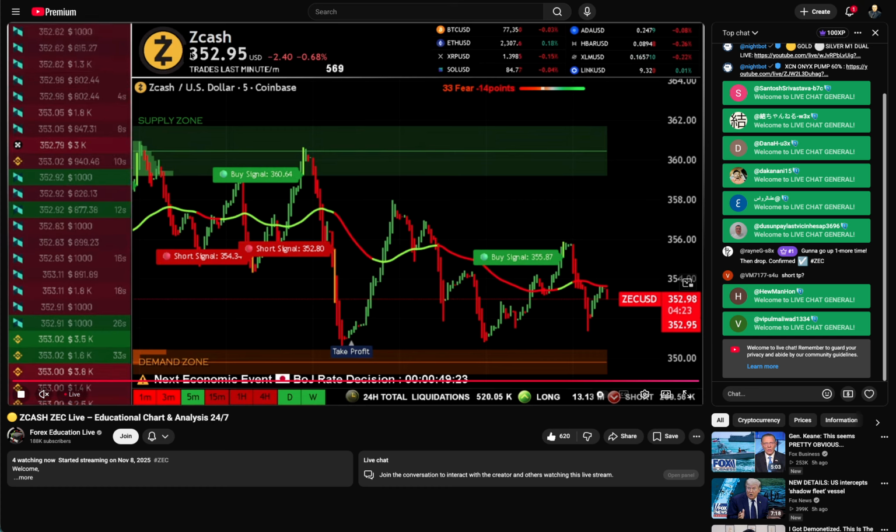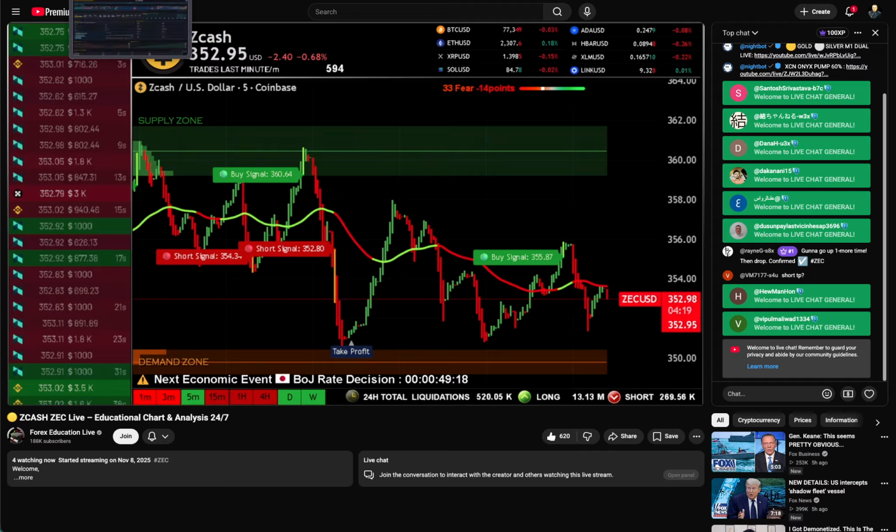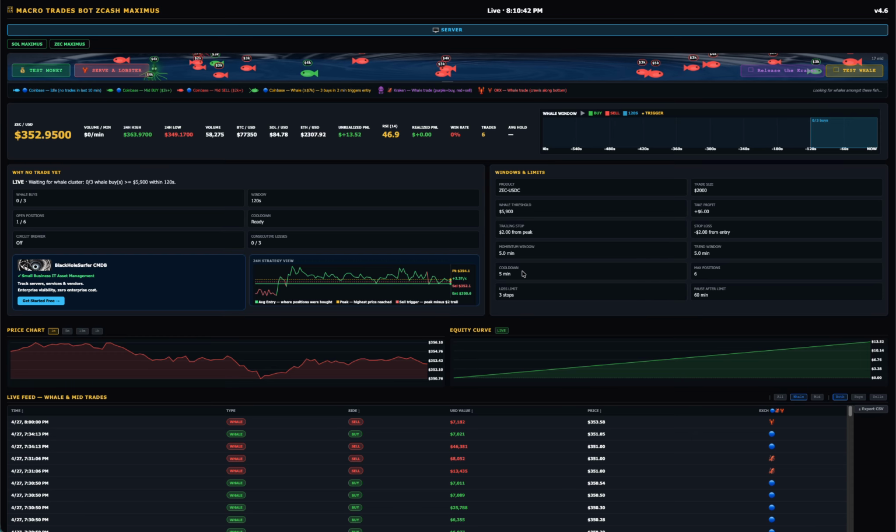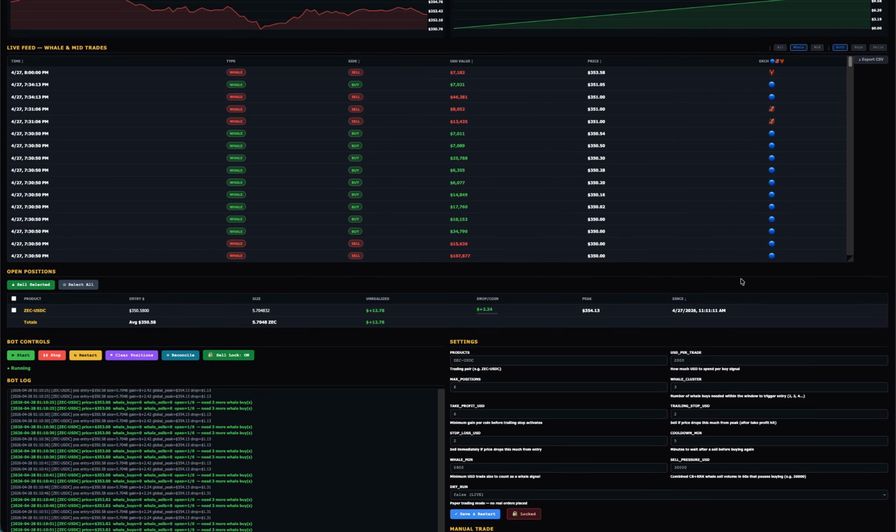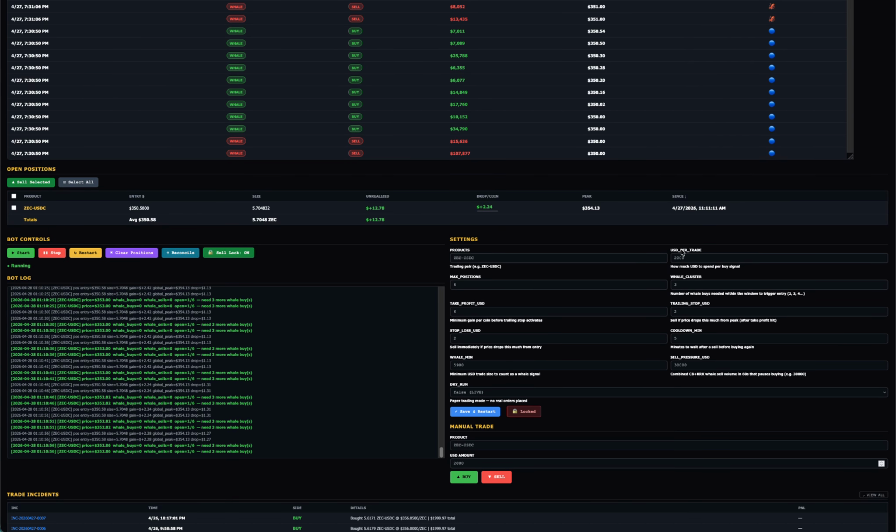So we can see that the price is not going up, 352.95. So that means I don't want to buy anything unless I'm starting to get whales within 3 minutes, within 2 minutes, that are higher than whatever the setting is over here. So I'm going to change it right here to say, okay, what we want to do is we want to buy a whale at 3,500. Okay, so we're going to now save that, unlock it,